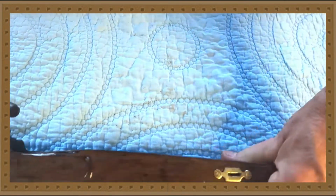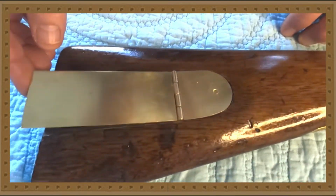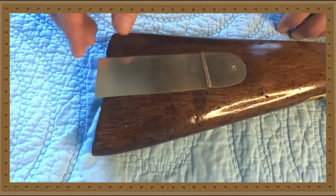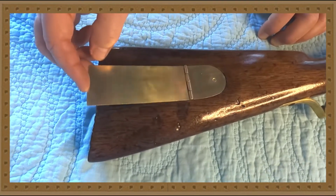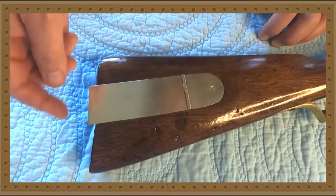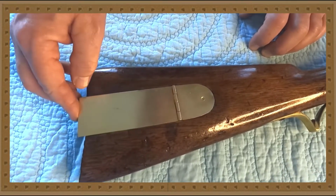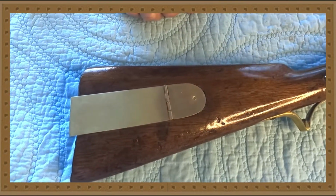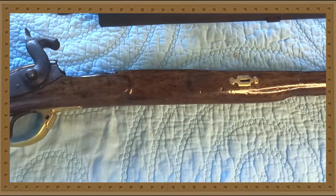Now let's get to the exciting thing, and that's this patch box. I made a template and I cut it out of brass, and I got a hinge and then soldered it. I left it a little bit long so when I fit in the butt plate I can cut it to size. So I'm glad this came out really well, and it's probably very close to what was originally there. The other thing that I did was I fit